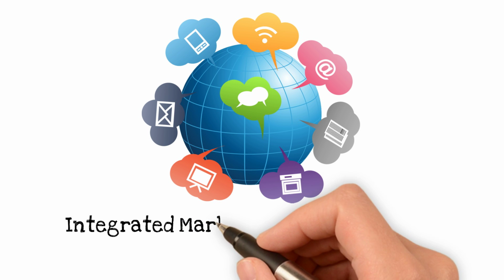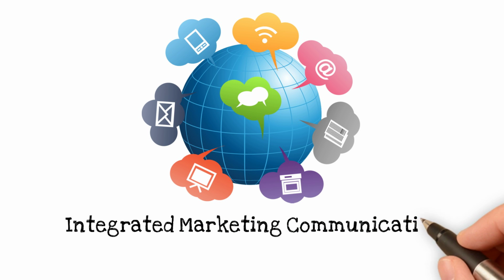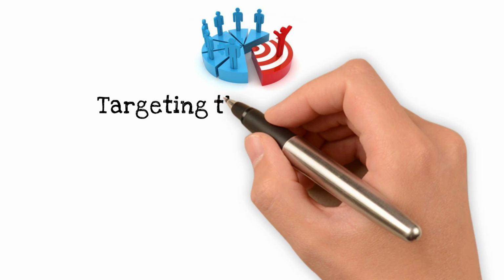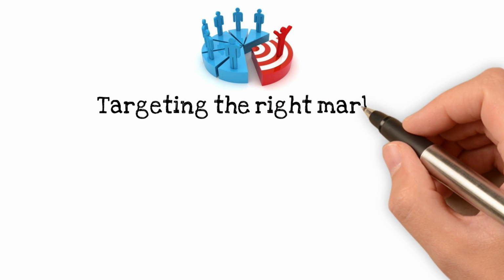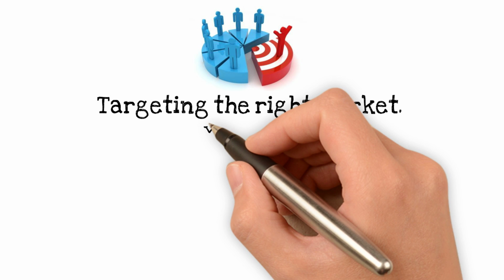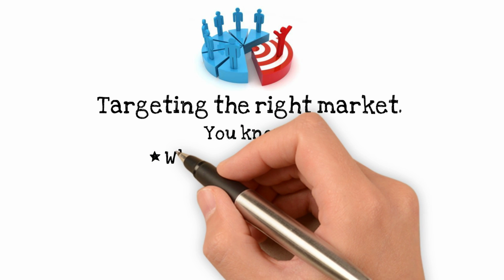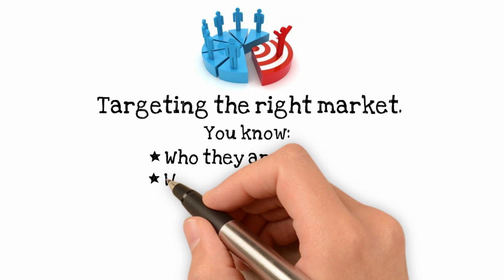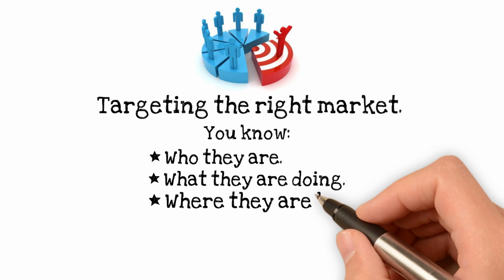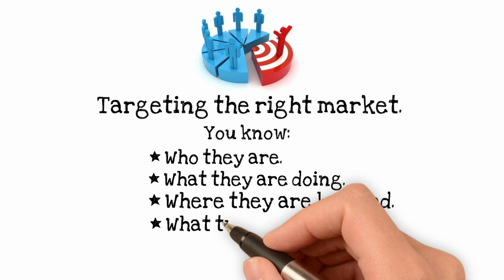What you must have is an integrated marketing communications process. Linked with that is your digital communications. But what is digital communications, I hear you say? Well, it's a form of communication that allows you to target specific individuals. And that's one of the great things about the digital domain, is that you potentially know exactly who they are, what they're doing at any moment in time because of the cookie elements, where they're located, what times they're using